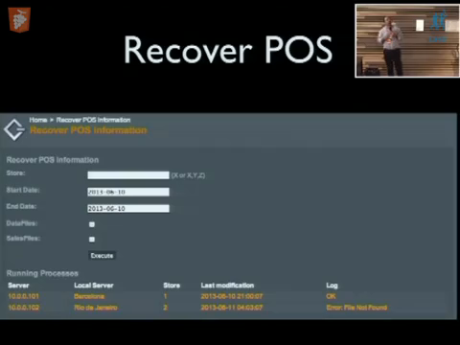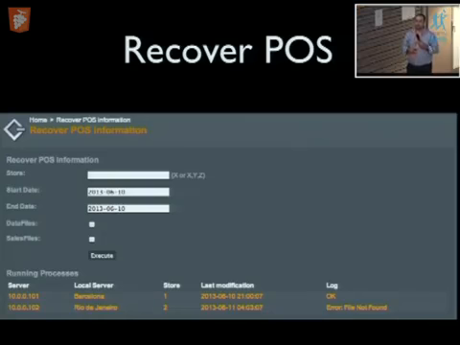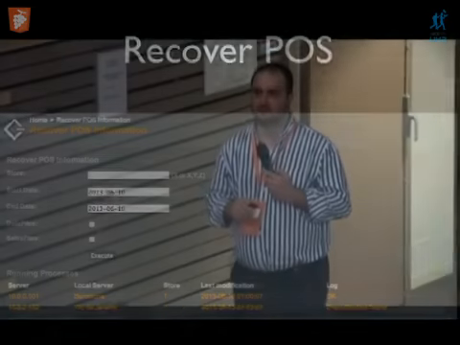Like in the previous example, the process makes a file in the system to know what is happening all the time. Okay. Any doubt? Any question? No.